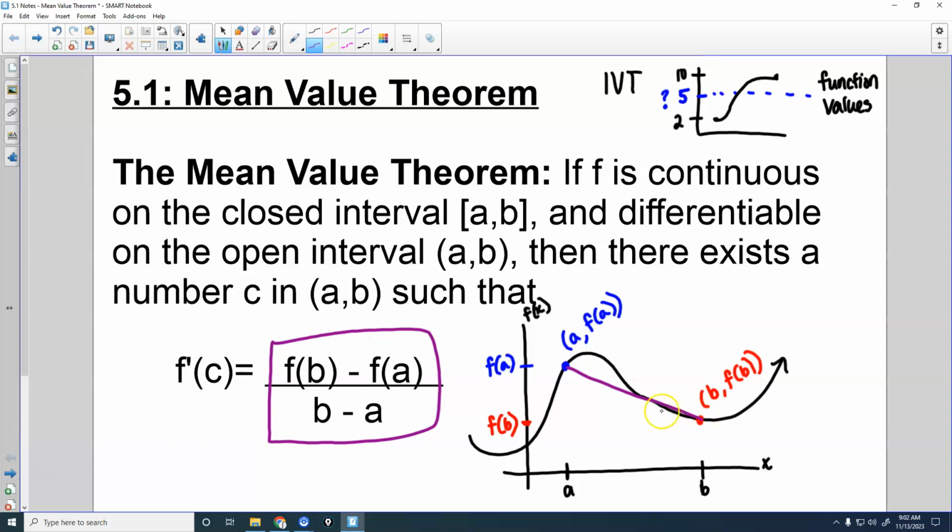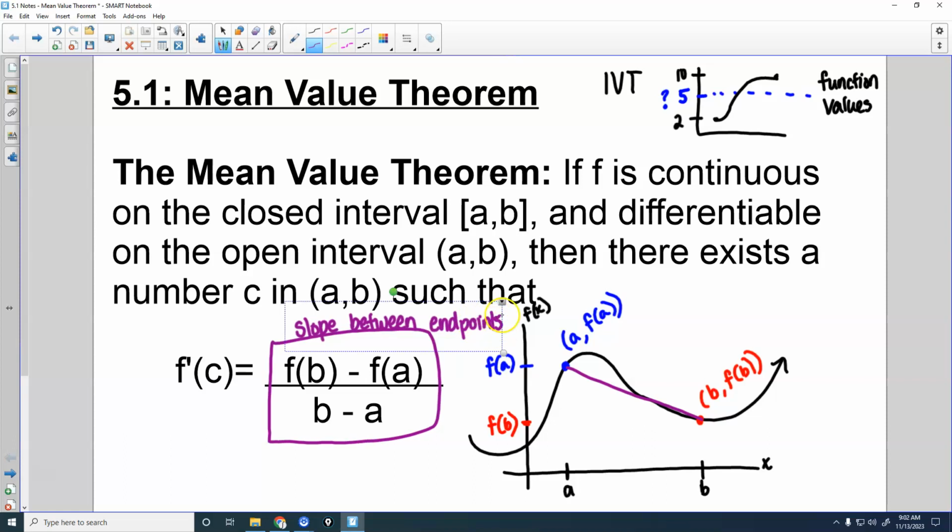Your f of B and your f of A are y coordinates, because you plug in the number and then you get the y coordinate. So we could label this the slope between the endpoints,